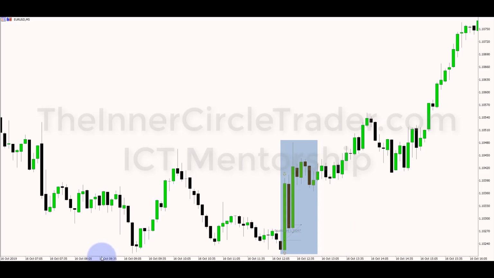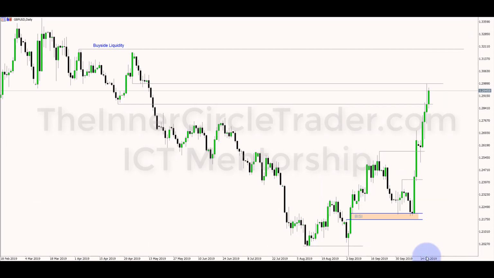All right, so let's go over to cable, and look how beautiful that is. All right, so we're looking at the daily chart of the British pound versus the dollar. This is our cable chart. We reached a little bit deeper into all this price run here. Remember, it was originally a breaker, and I mentioned that I wasn't sure what we would reach up for next, except for this relative equal highs. If it wants to continuously run, that was the only logical level to see it reach for, in my perspective.